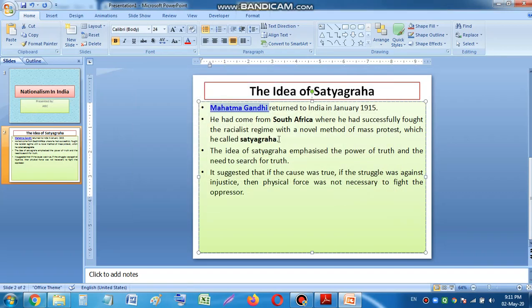Okay, now you can see Mahatma Gandhi is looking blue in color because it has got a link, and if you click on that link while teaching, it will show up the image of Mahatma Gandhi. Let me show you that also. I am pressing F5 from the keyboard. F1, 2, 3, 4, 5, you can see on the keyboard. So we have to press F5. If you press F5, this particular slide will not come.